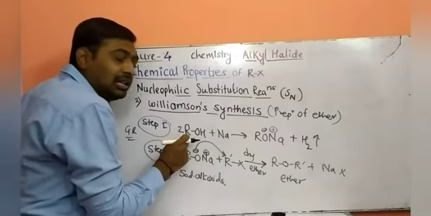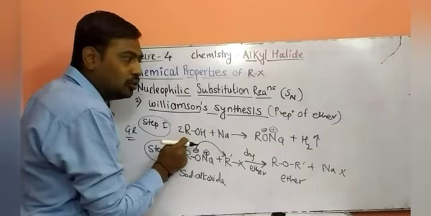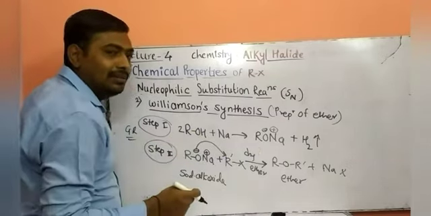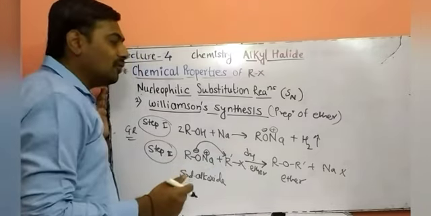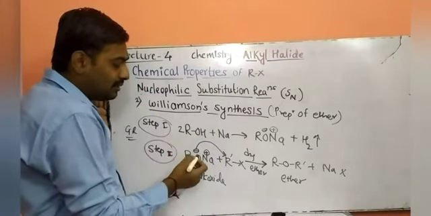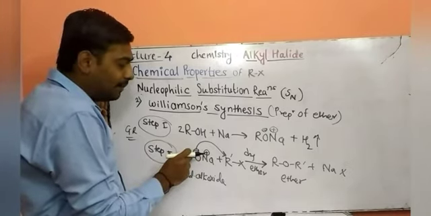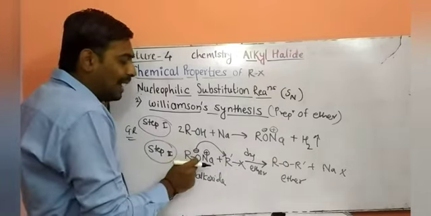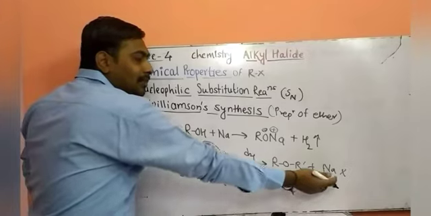Let's discuss. Alcohols are basically acidic in nature because they give H plus ions in solution. So when the alcohol reacts with sodium metal, hydrogen is eliminated and sodium alkoxide is prepared as a nucleophile or salt compound. That salt compound reacts with alkyl halide. This salt contains O minus as the nucleophilic center. This nucleophilic center will attack the alkyl halide to give a substituted product. RO minus and R X give the product, that is ethers. ROR is the compound, an ether.